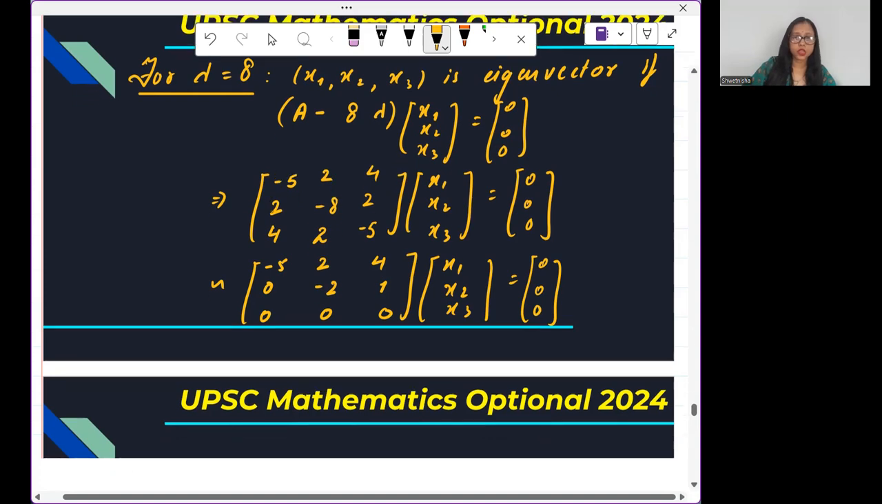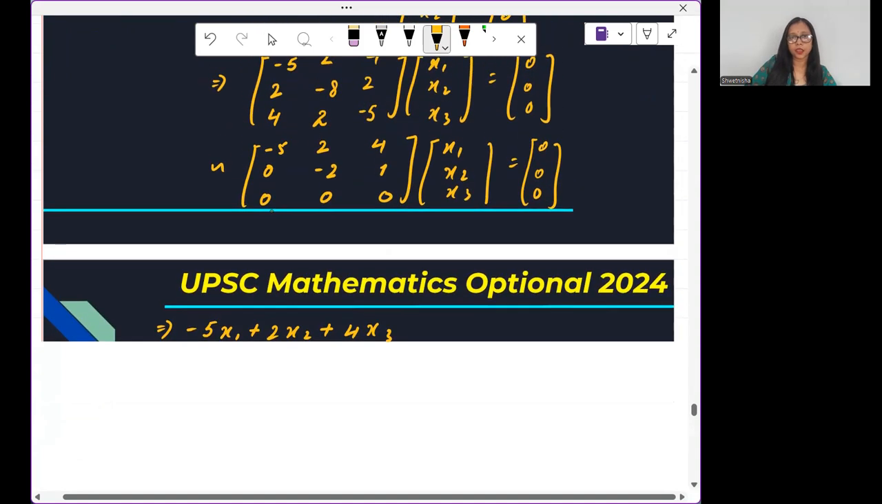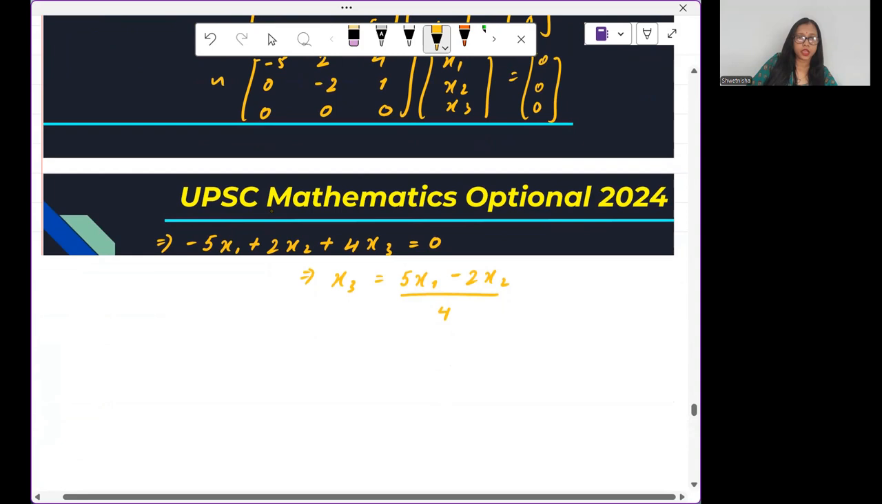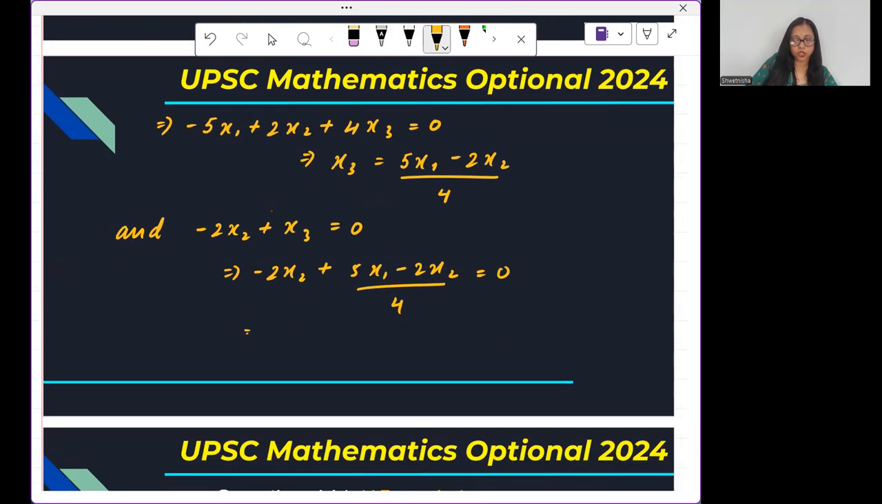And here I'll get two equations to solve, which implies -5x1 + 2x2 + 4x3 = 0, which gives me x3 as (5x1 - 2x2)/4, and -2x2 + x3 = 0, which implies -2x2 + (5x1 - 2x2)/4 = 0. So it gives me -8x2 + 5x1 - 2x2 divided by 4 is equal to 0,